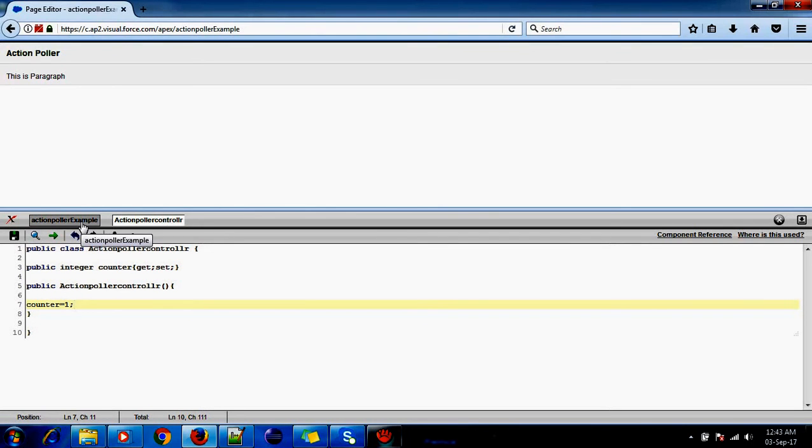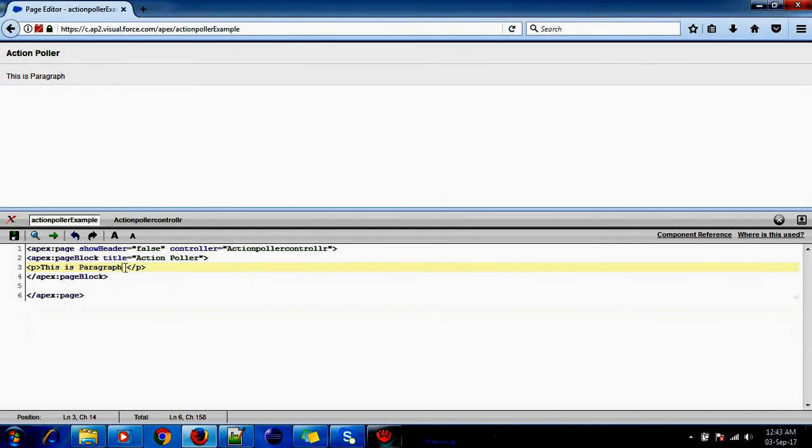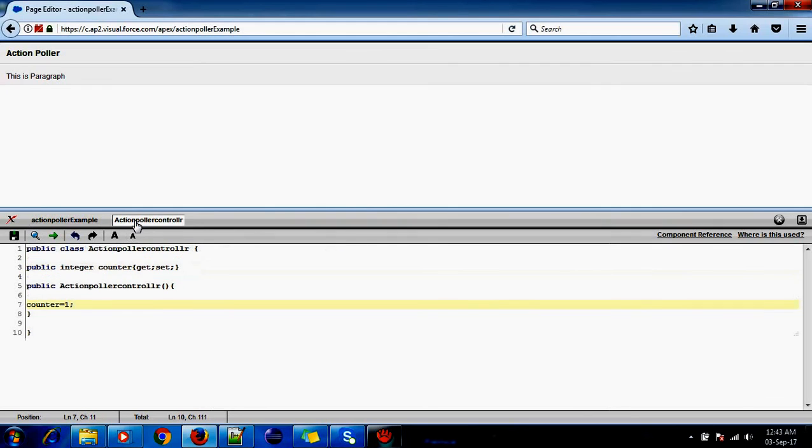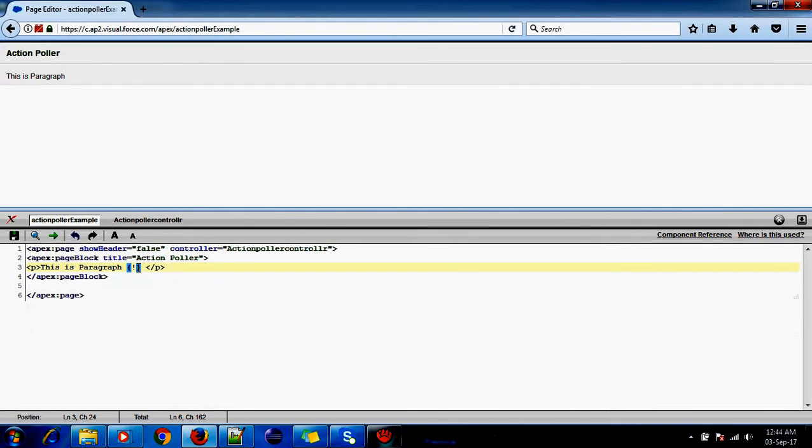So what is the use of a constructor? The constructor is the first thing that always gets called. Whatever is present in the constructor, I can use it. I have taken the counter variable here, and whatever is present in this counter variable will get stored here.